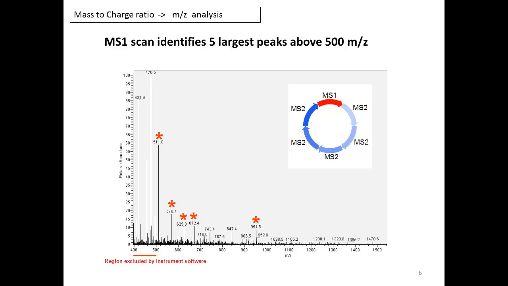Okay, so in the previous video, we finished talking about how peptides are going to get fragmented and what an MS2 scan is going to look like. Now let's look at some real data, and we're going to start by talking about the MS1 scan. And in an MS1 scan, we're hoping to identify